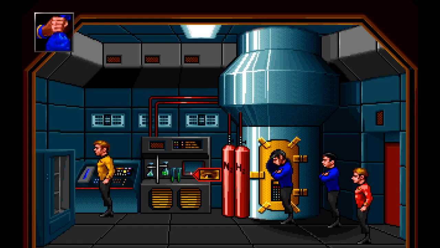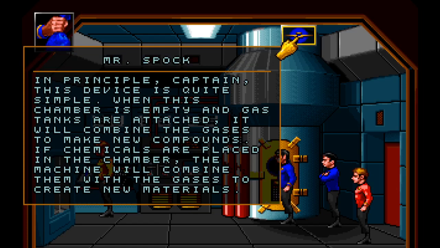There we go. Yeah, that's all you need to do. Alright. So this is the door to the... Yeah, in principle, Captain, this is simple. When this chamber is empty and gas tanks are attached, it will combine...